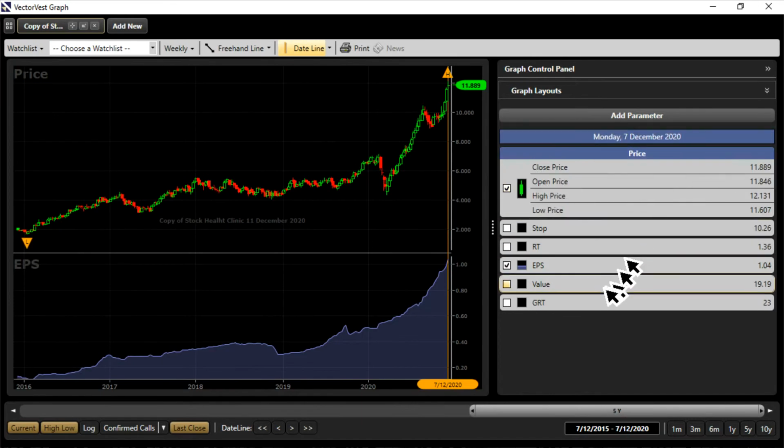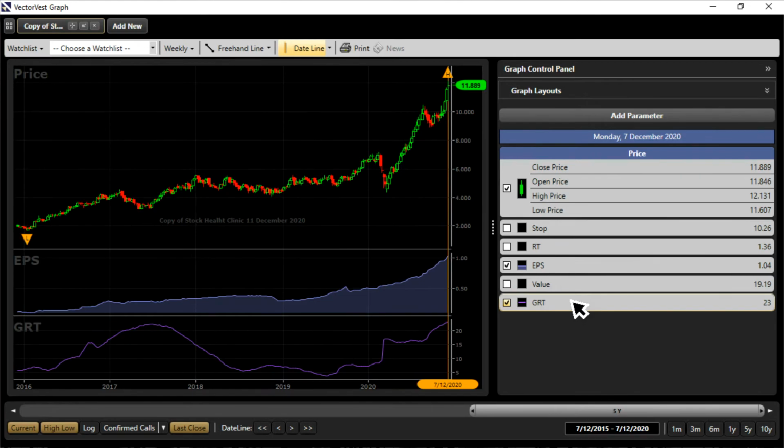Right, so all the parameters you've got here in VectorVest. Wow, look at that, 23%. That's what it's currently looking to grow its earnings by. And, you know, here's the thing,